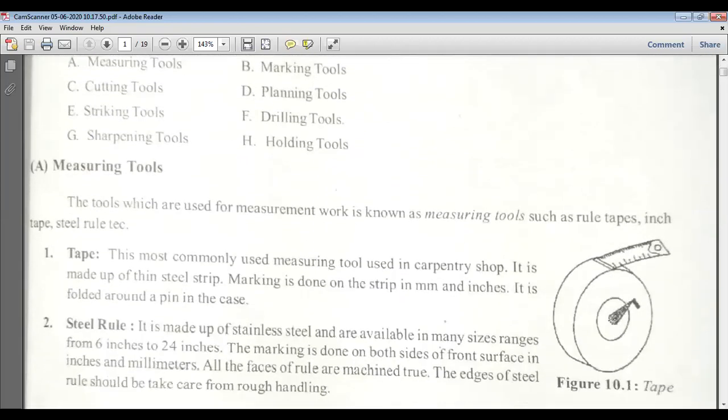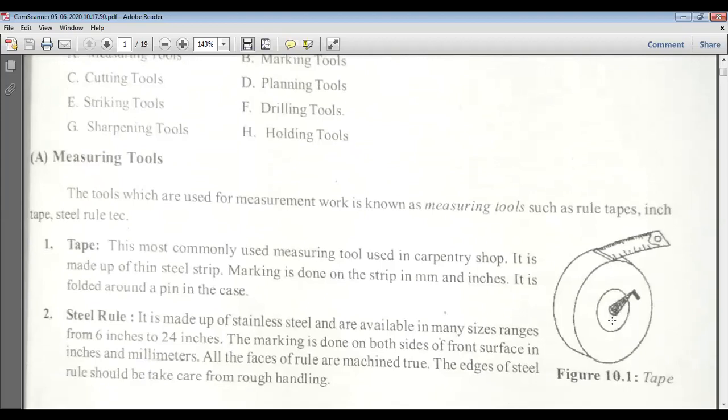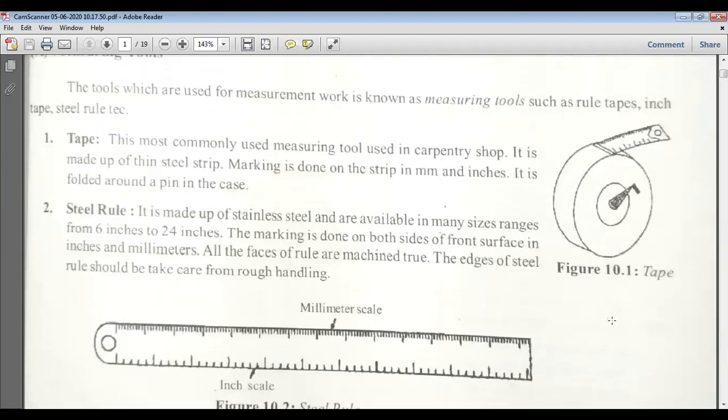Measuring tools, as you can see, include tapes and steel rules. This one is a tape, and a tape can measure in inches or both units, and it has a long length. It can also be used for measuring long dimensions of wood. Then these are steel rules.